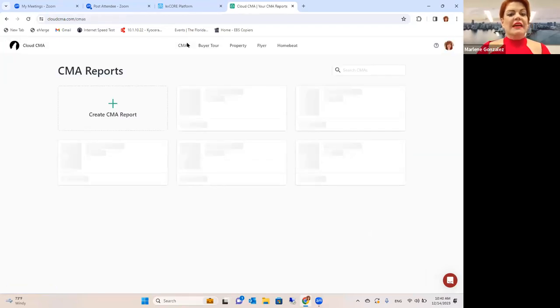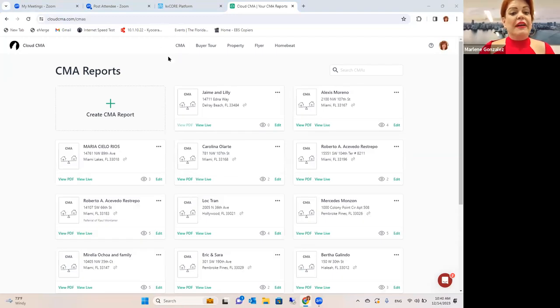Now, Cloud CMA allows you to do a comparative market analysis, as you see here on the left side. It enables you to do a buyer's tour. Let's say you're going out and you're going to show 4 or 5 properties. Okay, so you want to do a buyer's tour to showcase the 4 or 5 properties that you're going to send to the client. You can promote a property. You could create flyers from here if you wanted to, but for the most part, we're going to do a